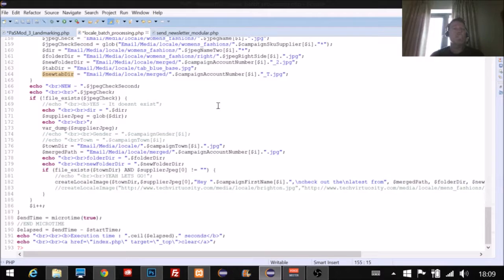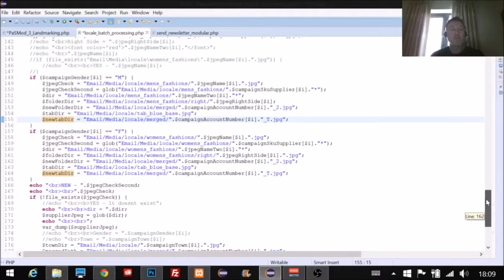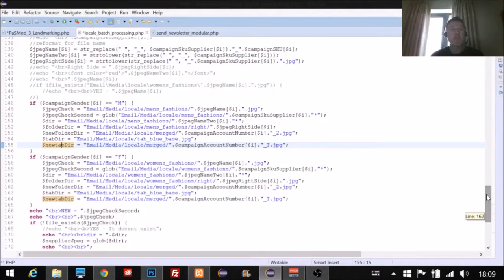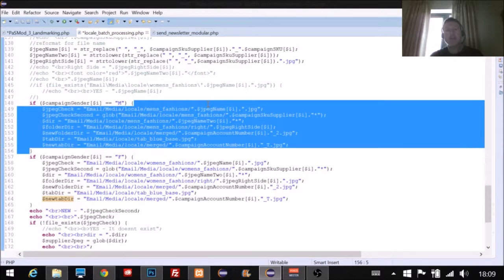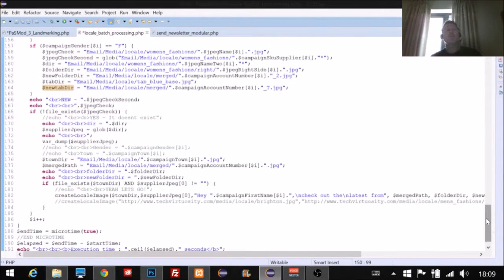So that's where we do it here, and that's what we do with the JPEG check. So if we come back up here, here we go. So we're just checking, and the JPEG name contains the SKU that was purchased. We've already put that into that variable, so that's the SKU that was purchased. So it's checking against the file name that's sitting in the folder that we're using for Jack and Jones, and saying,